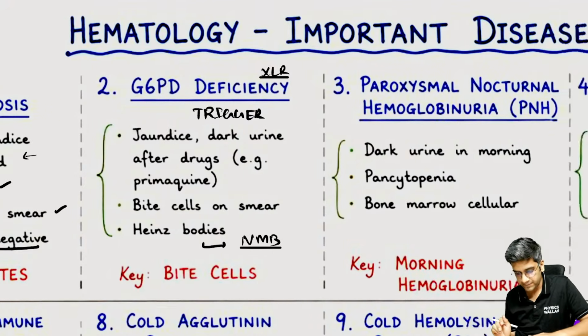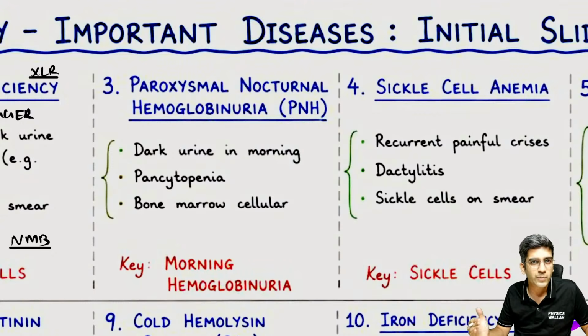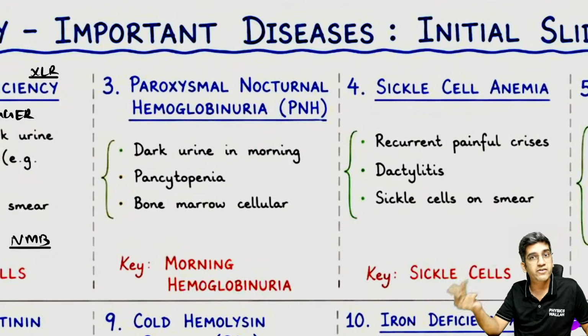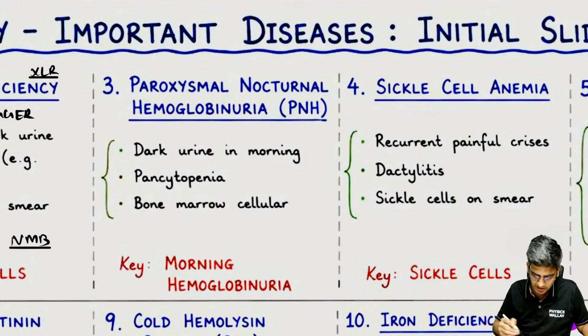Do remember that, right? The third disease, this is a very classical disease. It can come in an MCQ also. Very unlikely to come in a long answer question, at least for undergraduate purposes. Maybe when you go to medicine, it might be important. Early morning, first urine alone hematuria. There's no other differential diagnosis for that. The answer has to be paroxysmal nocturnal hemoglobinuria, right?